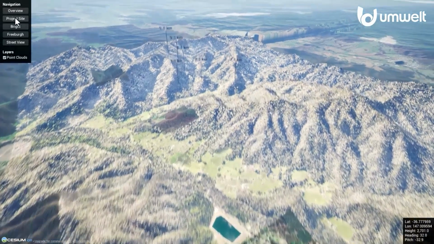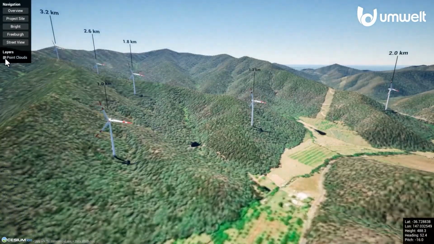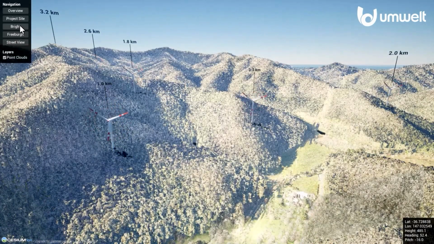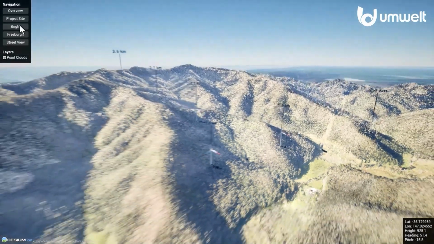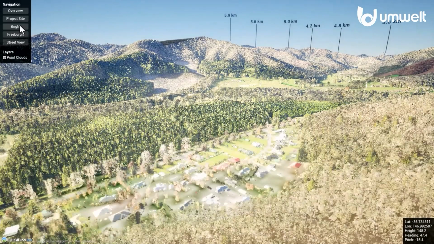Okay, so this is the tool that they've used. They've used Blueprints, no software, no coding has been used to produce this app. They built an application around their digital twin. Stakeholders can fly to the project location, such as the project site. They can turn on and off different layers like the point clouds and get a sense of what this is going to look like. From here, they can fly down to the local townships, the places of importance, and then